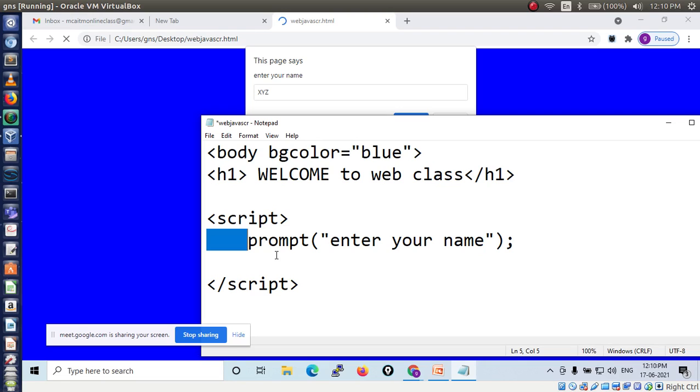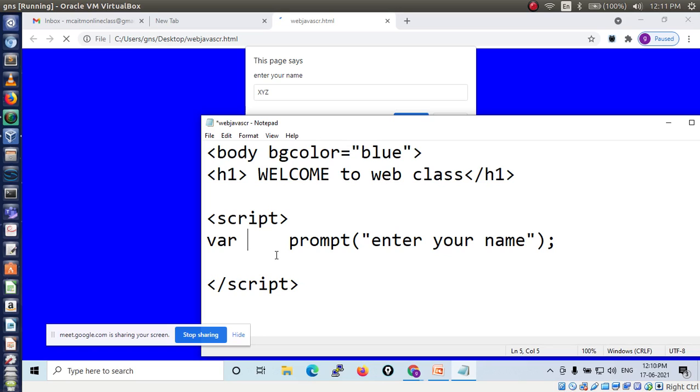The var keyword. Do you know about the var keyword? With the help of the var keyword only we have to declare a variable. See, var. Now the next word is what?